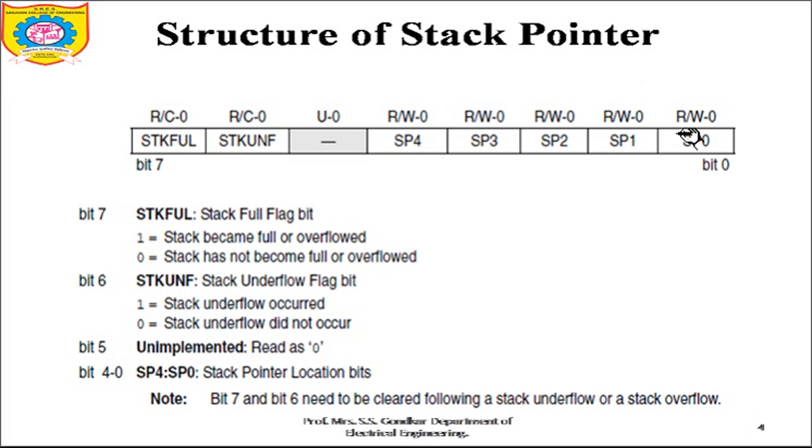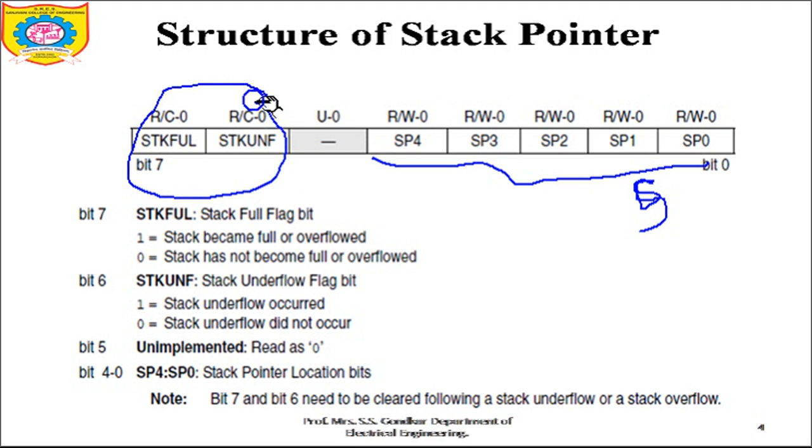Here you can see all are RW, so these 5 bits are read write bits. Basically you can either read from it or you can write into it. This is nothing but stack pointer bit 0, SP1, 2, 3 and 4. This is the unused one, and these last two bits, bit number 6 and bit number 7,